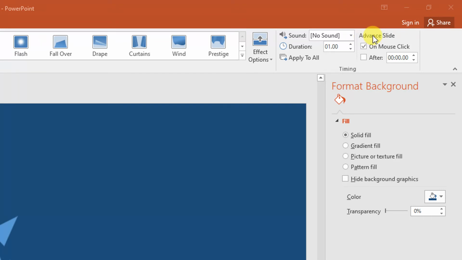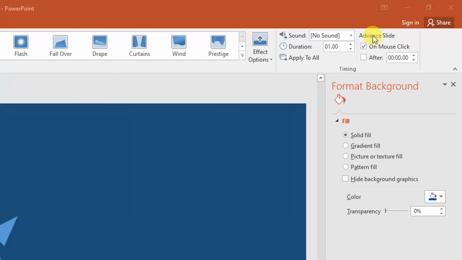So by default we are clicking with the left mouse button, and the slide changes with the click, but you can set the time also, meaning after that particular time only the slide will change. Like you want your slide to change after every 5 seconds, or after every 30 seconds, that duration you can select from this advanced slide option.